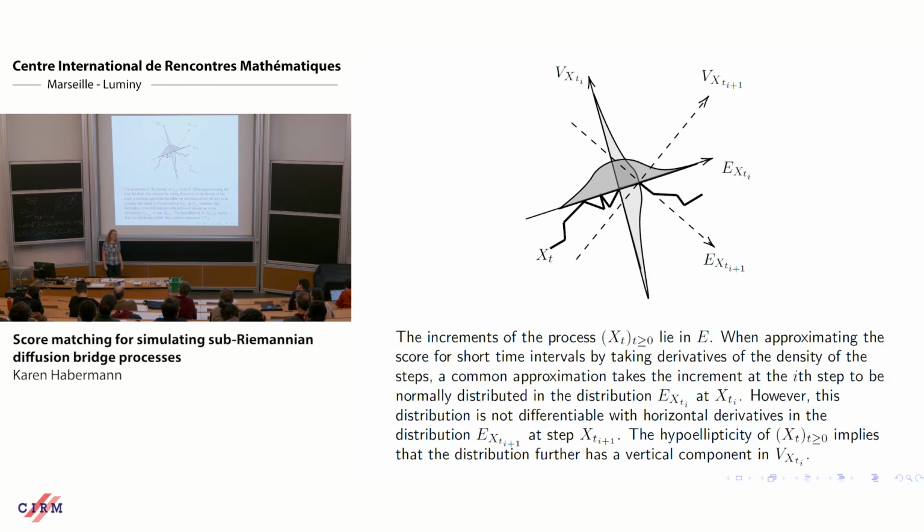In our work, we have managed to find one way of doing that by assuming that if the distribution doesn't twist too much, then it shouldn't make that much of a difference to just take the gradient in the space where you can actually take the gradient. So that's one way of dealing with it.